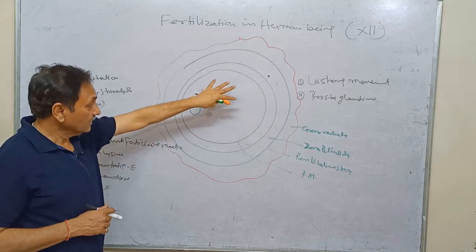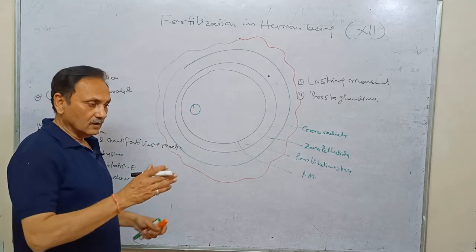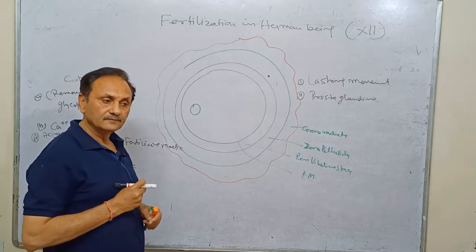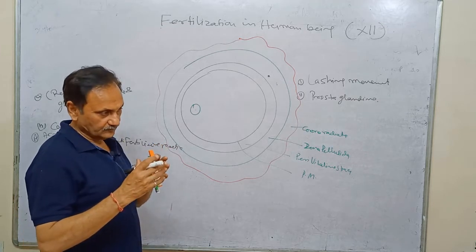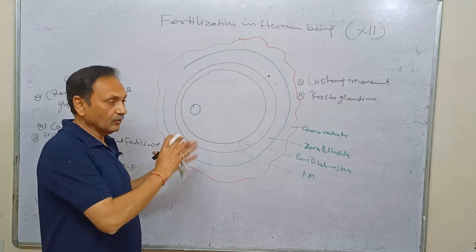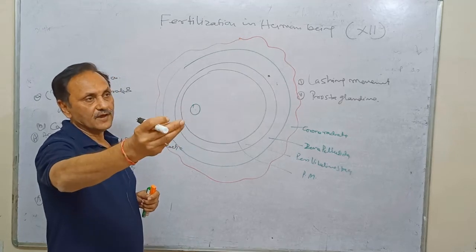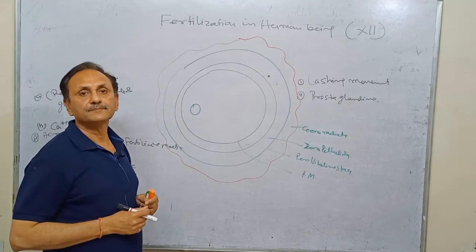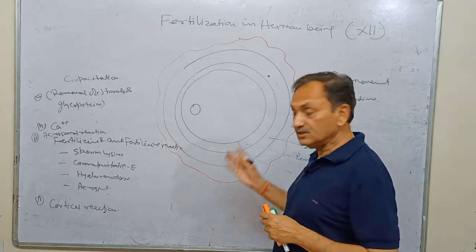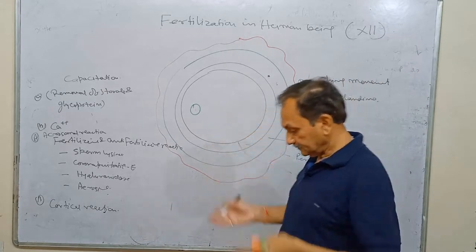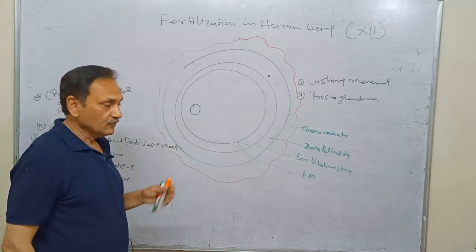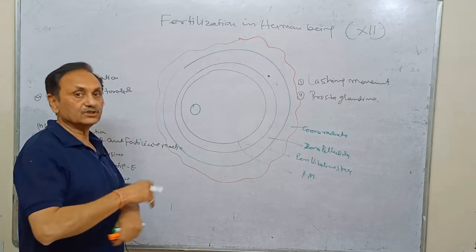Now what happens? The ovum comes out from the ovary by the process of ovulation and is received by the fimbriae. By the action of ciliary movement, this ovum is carried into the fallopian tube, where it waits for the sperm. If the female receives sperm by the process of insemination,